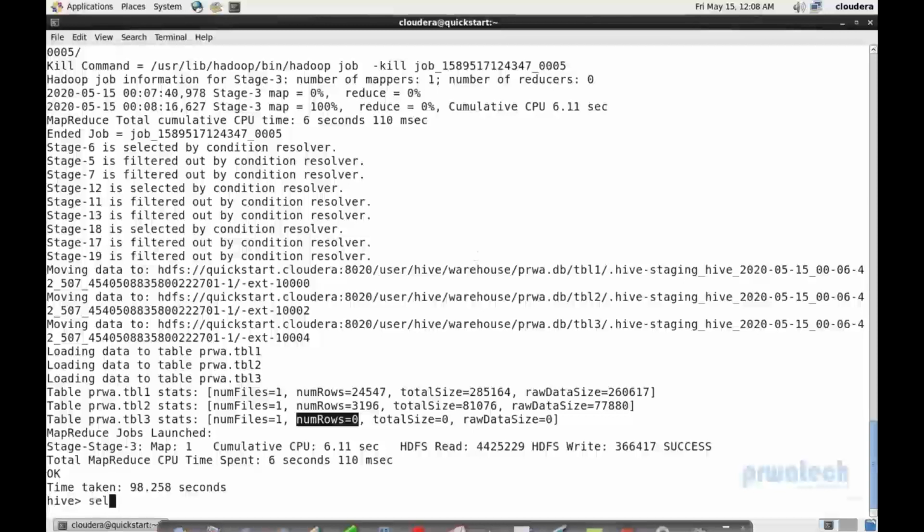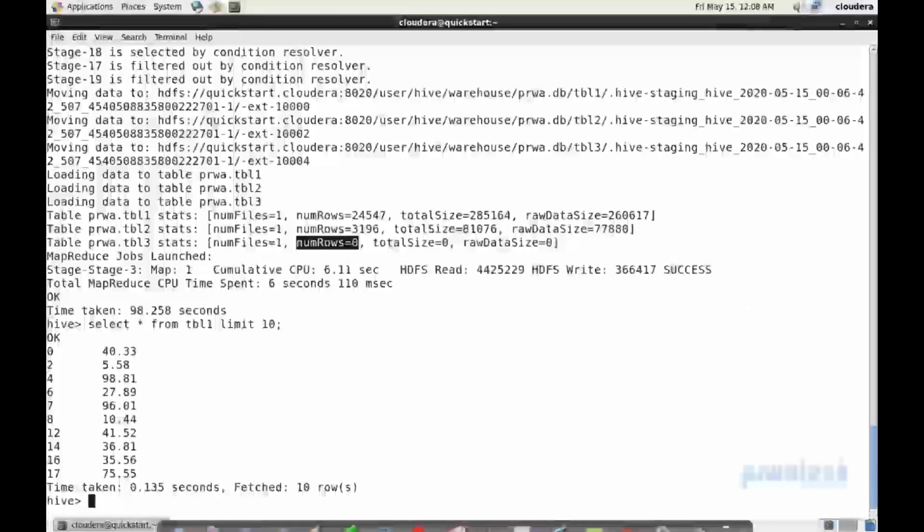So select a star from table 1, limit 10. Here I think I gave a condition. I need only amounts which are less than 100. So yeah, we can see here all the records. These are less than 100. In fact, we can check for all